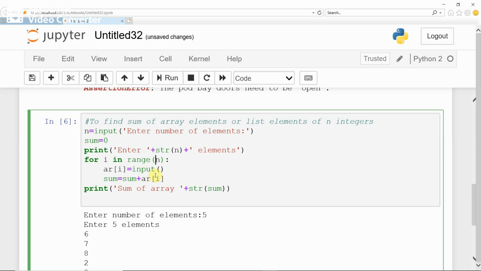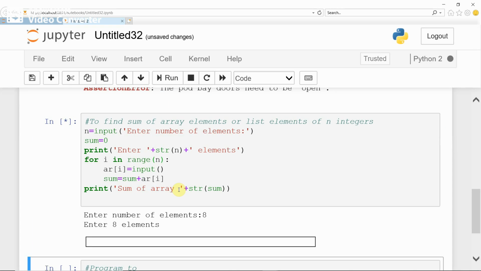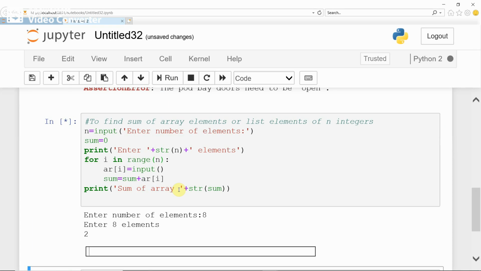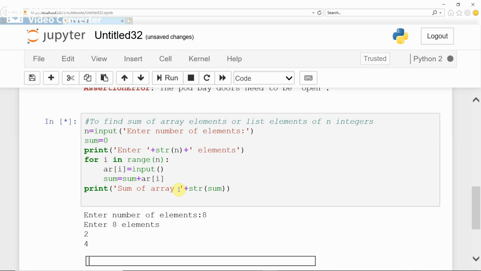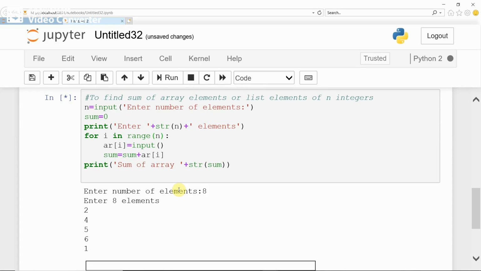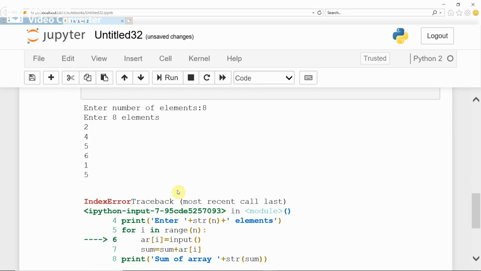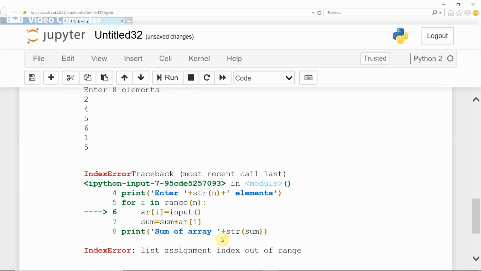Now once again you run the program and enter the upper limit as 8. Enter 1, 2, 3, 4, 5, 6. As soon as you enter 6 elements, it is showing list assignment index out of range.